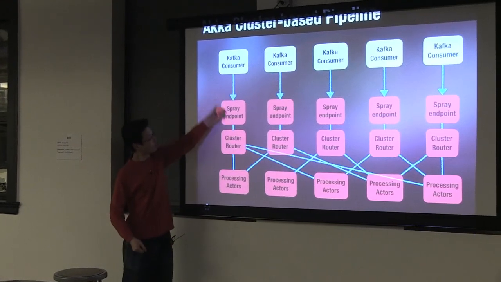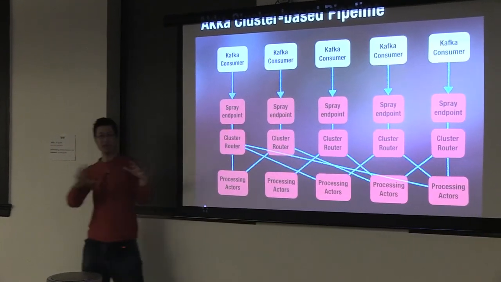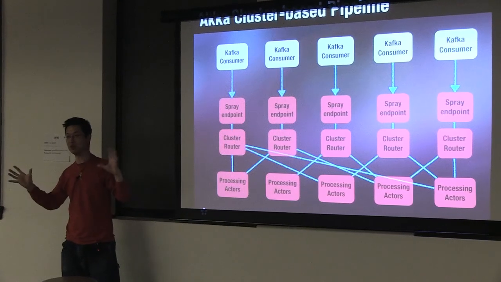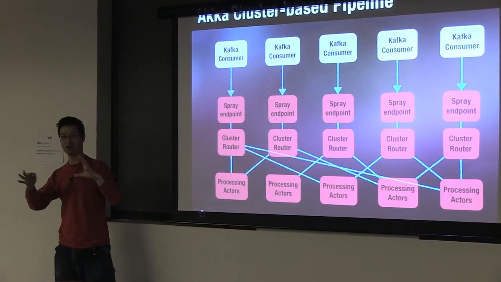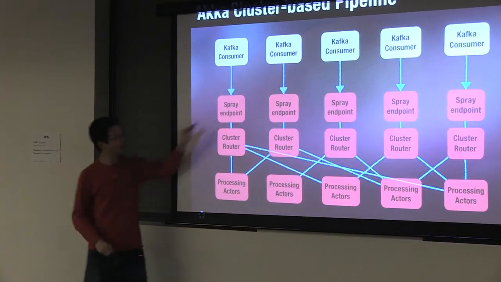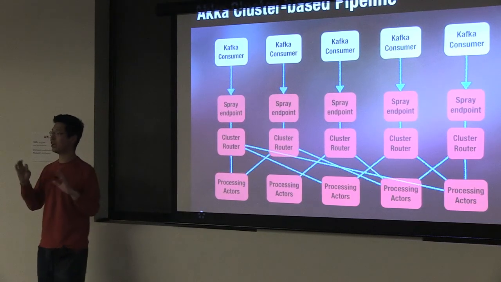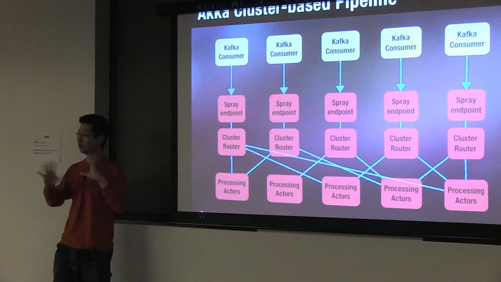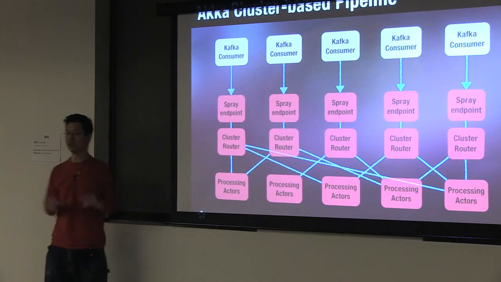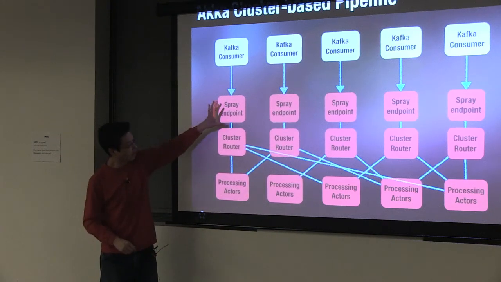And what this does is this will forward to everything in red, which is an HTTP service. So we're trying to create an ingestion service as a REST service. And we use Spray because at that time Spray had the best Akka support out of all of the Scala HTTP libraries.